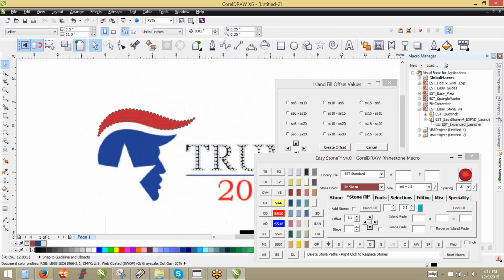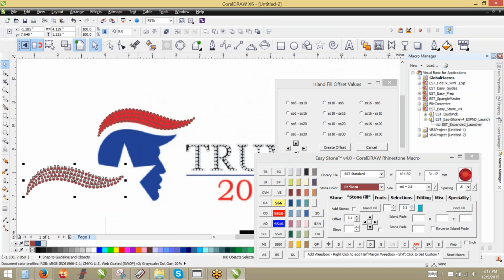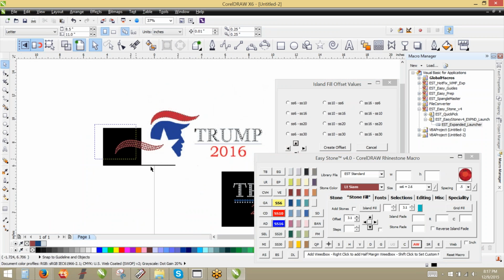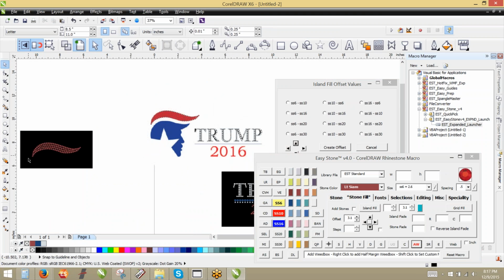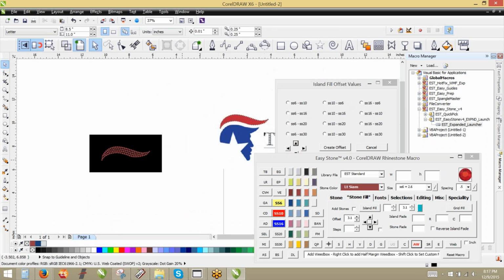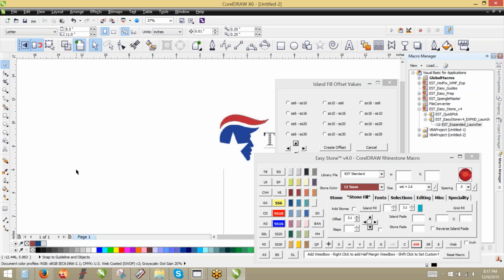And now if we pull the hair away from the design and just look at it by itself, you don't really even notice that it's not exactly what the original artwork was. There is a slight difference, but it just looks so much better than having all those extra SS6 stones in there where we don't necessarily need them. Okay, so